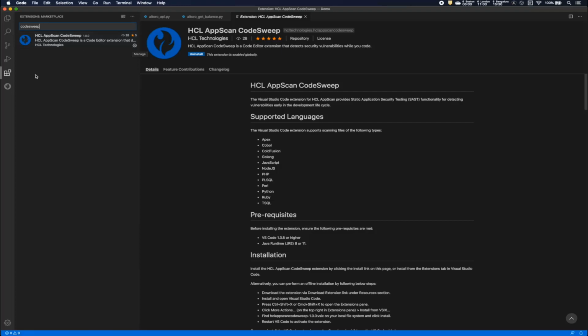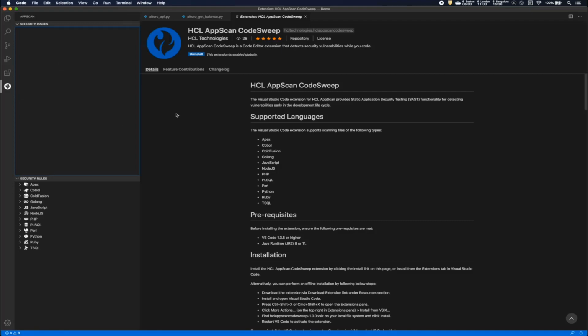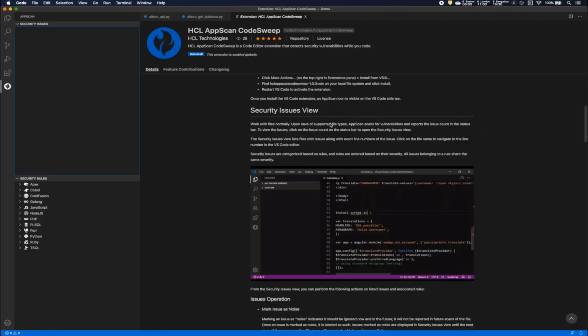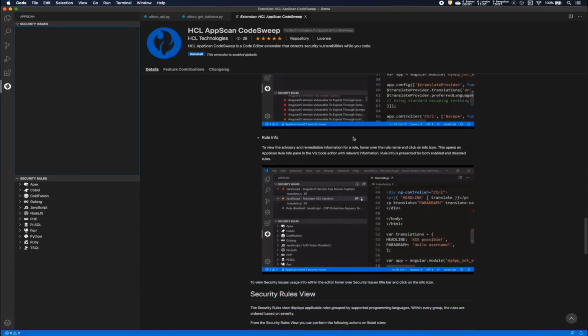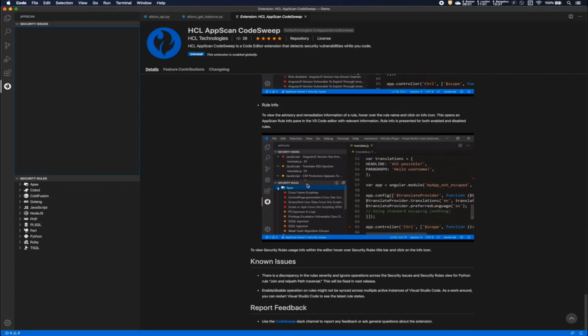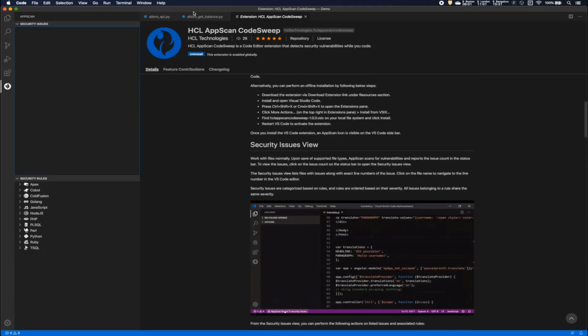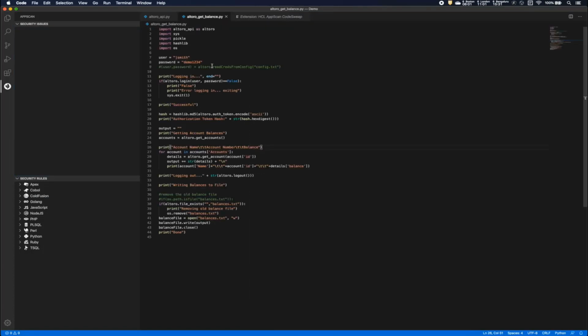In my case, I have installed my HCL AppScan CodeSweep plugin. You will see a description on how to use the utility, and to be honest, it is pretty easy to do so without even reading it. So all you have to do is write your code, and in this case, I already have some code that I built. You save the file, and upon saving the file, AppScan will run and it'll present you with some